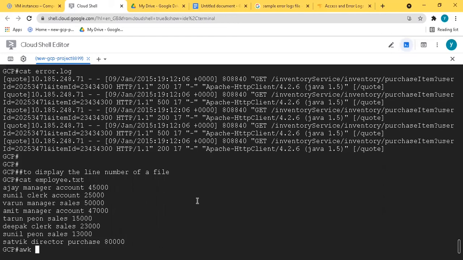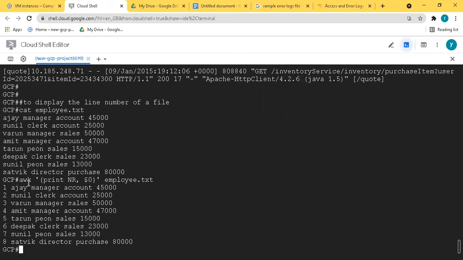So we can do AWK, and after that mention NR and print, then NR here, and then $0. So what it will do, I will tell you. For employee.txt, if you see, it has numbered every line. NR means number of rows, so row numbers we can say. It is providing the numbering.